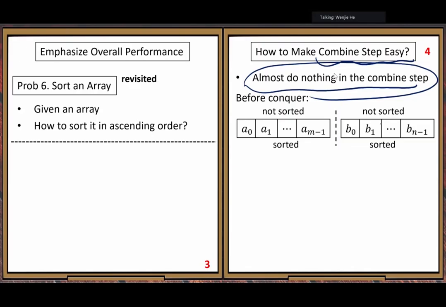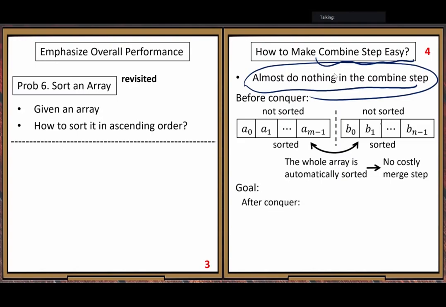The data has to follow some special requirement, not arbitrary data. After you split, you conquer each of them, and when you put them together, you get the whole array automatically ordered. So there must be some special condition there, and we want to find that condition.